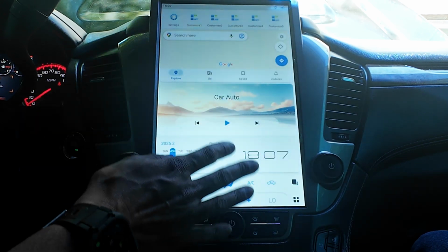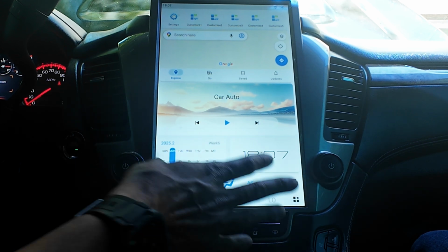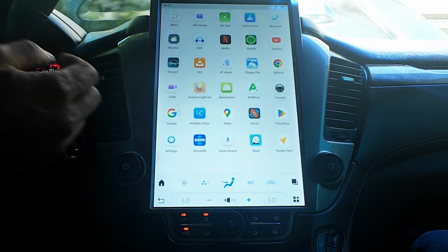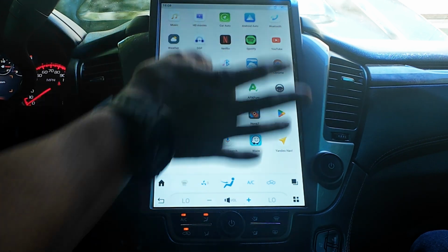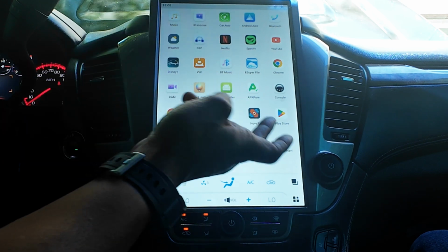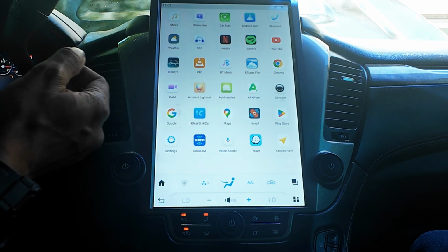You have the whole interface here, as well as the touchscreen interface for your air controls down below. Since this is an Android screen, if you swipe up from the bottom, you'll get access to your apps and you'll be able to log into the Google Play Store, download whatever apps you want on your screen. Right now it has Disney Plus, Netflix, Spotify, Sirius, Google Maps, weather, and you guys can download whatever you want,